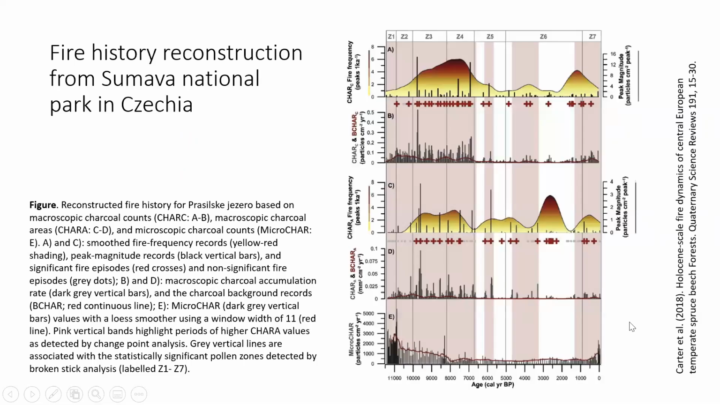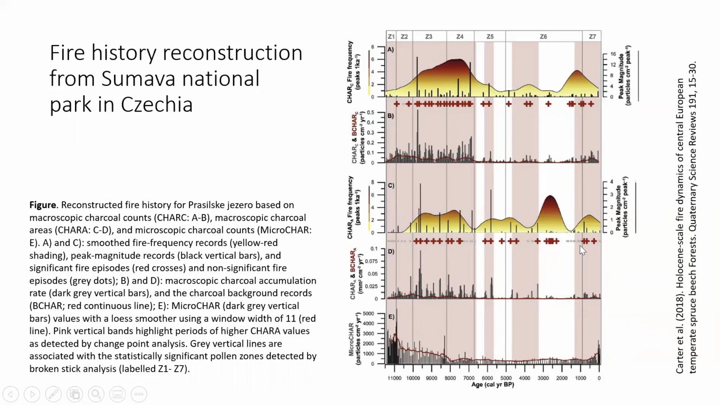And here's another example. This is a fire history reconstruction from Sumava National Park in Czechia. And here they've also analyzed microscopic charcoal, just as a comparison. Then there's the charcoal area. You have the charcoal influx and the background values. And again, you have the